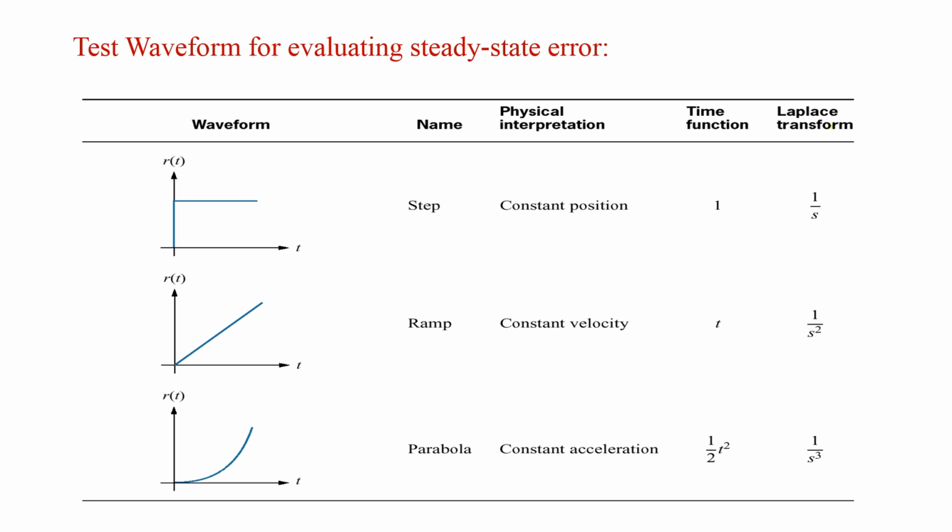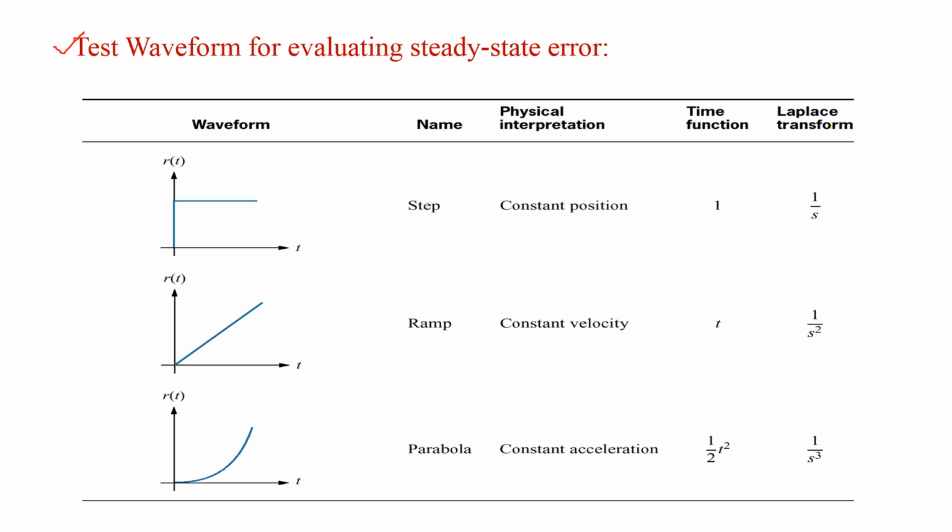Now we are going to discuss steady state error analysis. In this, mainly we are going to discuss finding the steady state error for a given system by using different types of inputs. Now let us see what the different types of inputs are that produce the steady state error in a system.